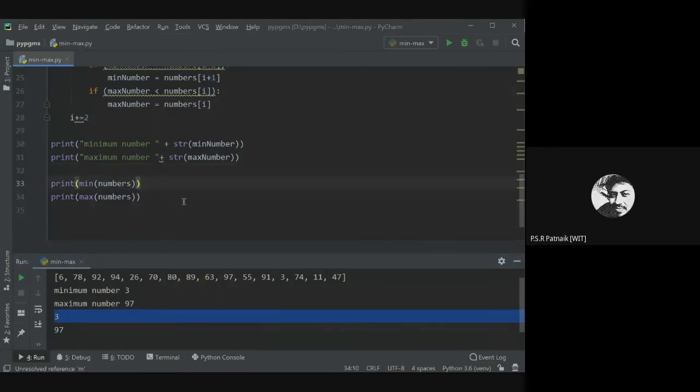Okay, so now you could ask me a question: sir, if I already have this function, what is the purpose of writing our code? You are exactly right. That is the beauty of Python, Java, and high-level languages. If you ask me, if you have learned C, why learn C++, why learn Java, why learn Python? Remember, every language has its very good pros and very good cons, I mean advantages and disadvantages. We use them for various purposes. Okay, so how do I comment? In Python, we use hash.